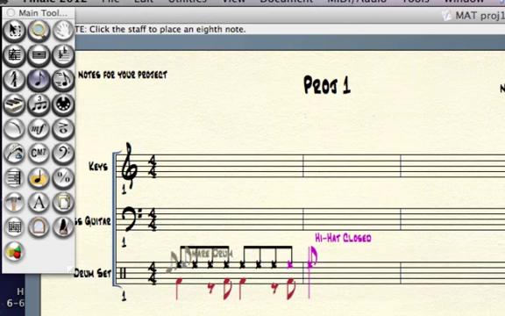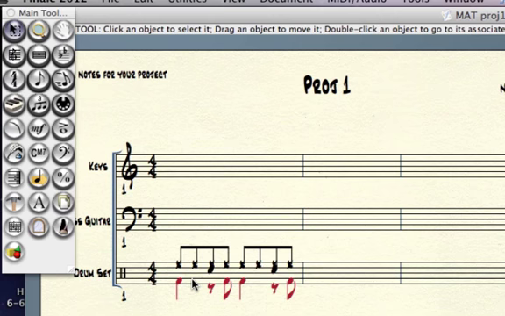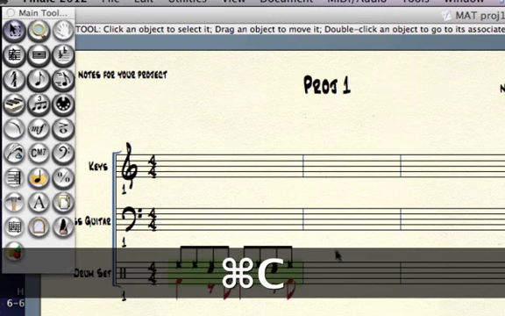Now I need snare. I'm going to do a conventional snare on 2 and 4. So I put it on 2 and 4, and now I've entered my multi-layer Finale drum beat. And of course, as mentioned before, you can now copy and paste